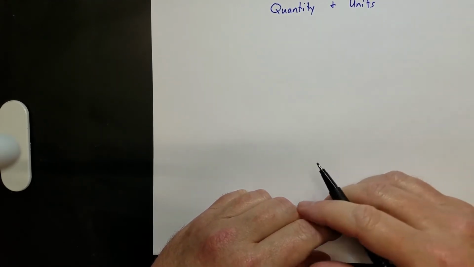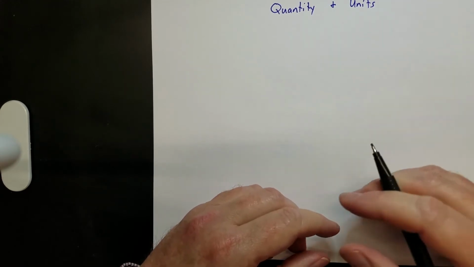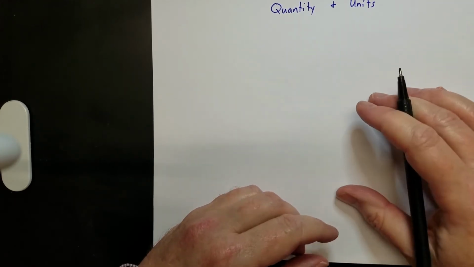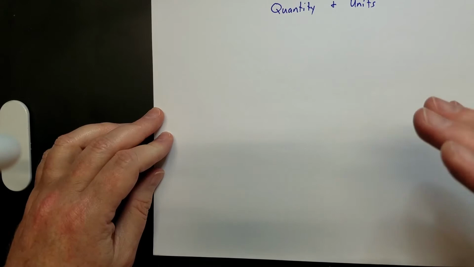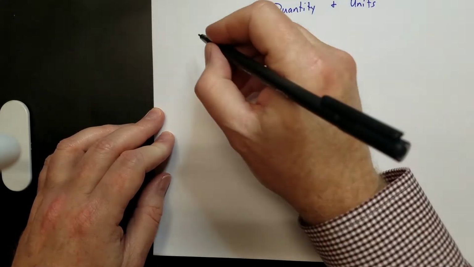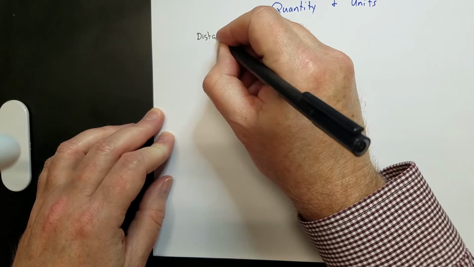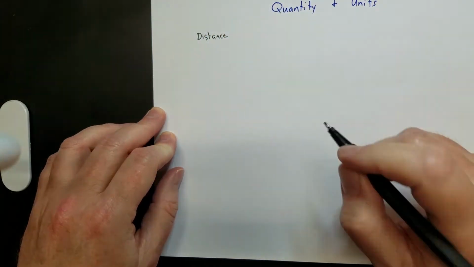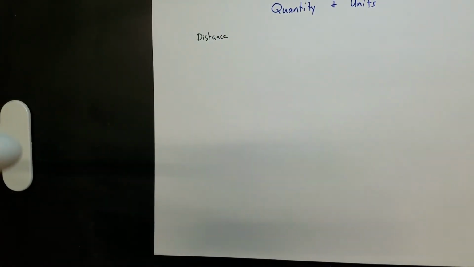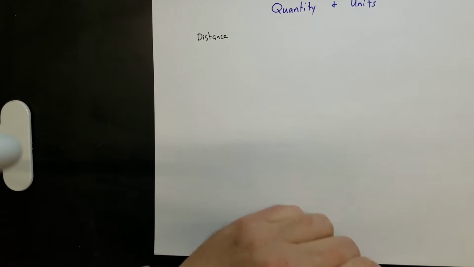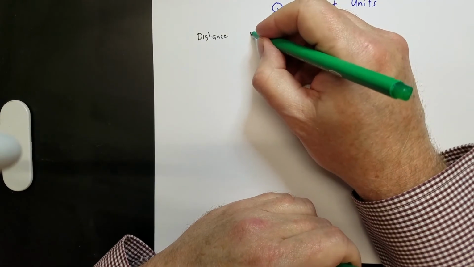We can measure the height of something, the width of something, the depth of something. So we can measure distances. Let's classify all those as distance. That would be the quantity. The unit would be what we're measuring that distance in. So we can measure that distance in feet,